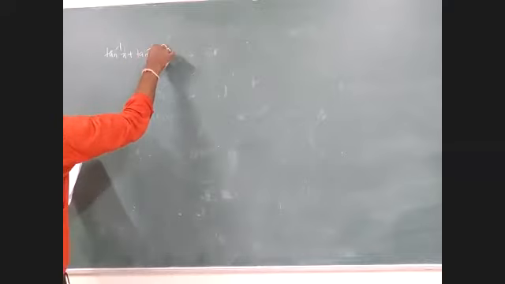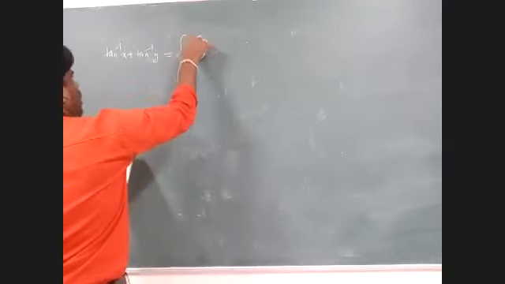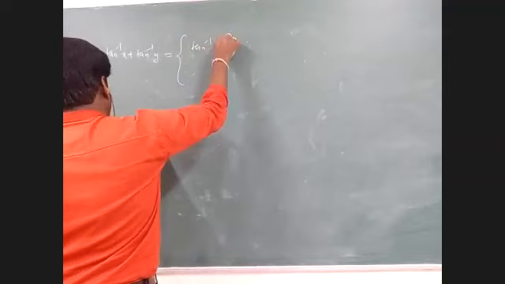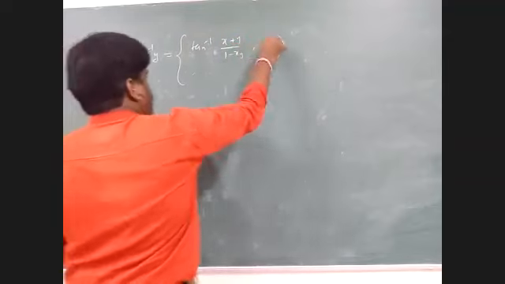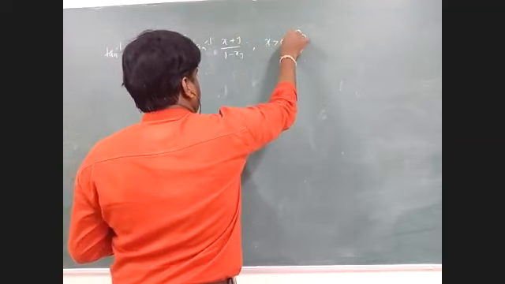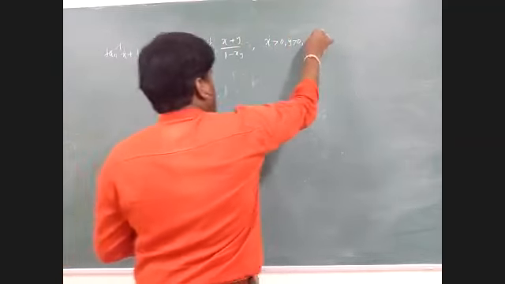So you know the tan inverse x plus tan inverse y formula. What is the tan inverse x plus tan inverse y formula? Tan inverse of x plus y by 1 minus xy. This happens when x is greater than 0, y is greater than 0, xy less than